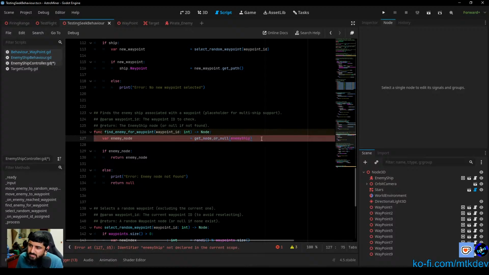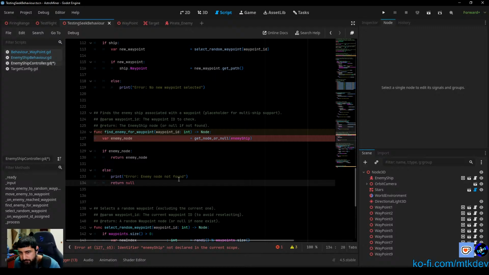It's getting the only enemy ship, right? But this is a more complex function than that. Oh, this is a lot more complicated than I was expecting. Yeah, so